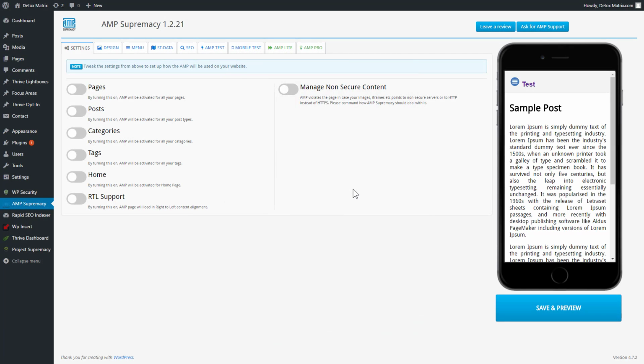This video is to give you the first look at the new AMP Supremacy plugin, which we've done a ton of work to upgrade the user interface because we were finding that there were so many new options coming into what you can do with an AMP page that it started congesting our old UI. It started looking really messy, so we wanted to clean that all up. So we started adding sections. You can see we have settings, design, menu, structured data, SEO, we have an AMP test, a mobile test, and